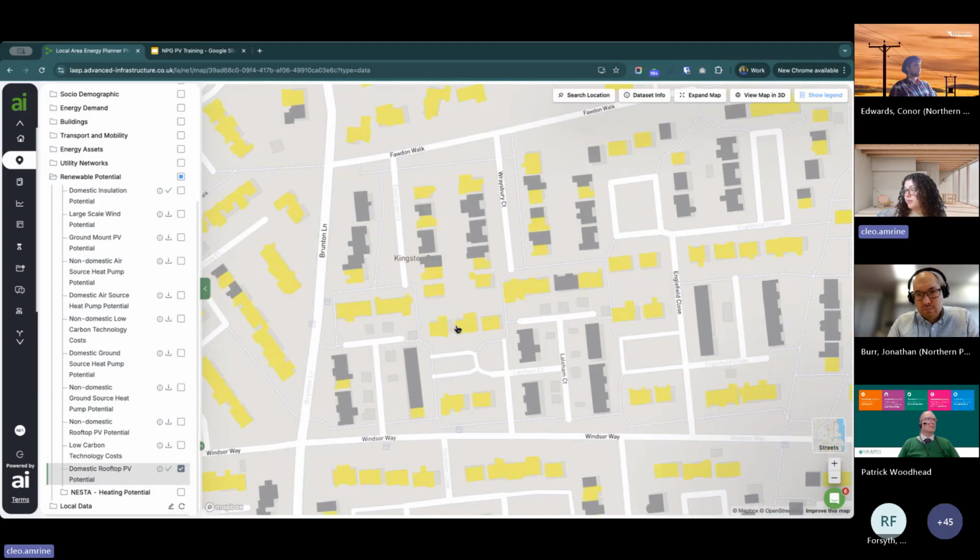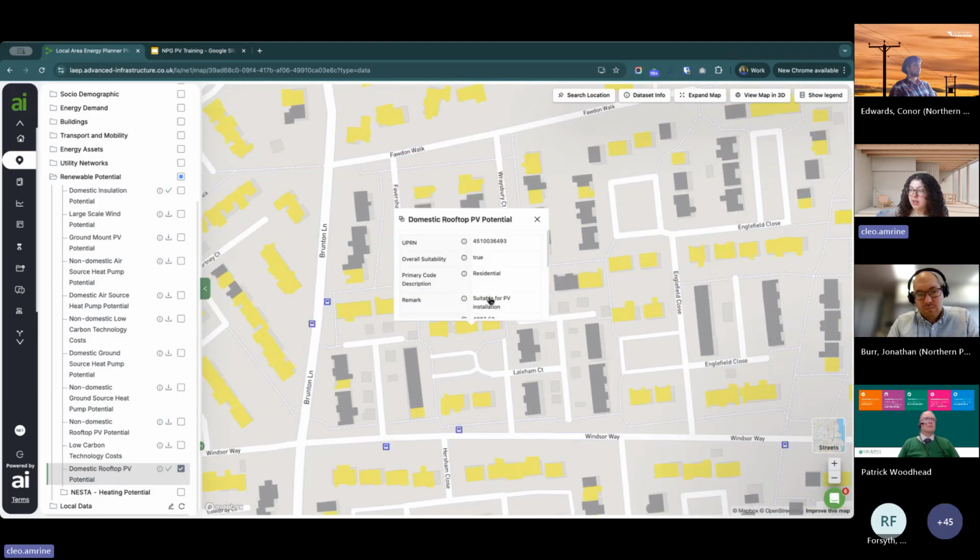And if you click on them, you'll also get a bit of information about what the estimated annual generation would be if you were to install solar on that house. So you can then get an understanding, again, of which houses might be more impactful in terms of how much solar they could generate, and what the recommended, or maximum even, not recommended, possible array size would be. So that's based on the viable roof area for that property.